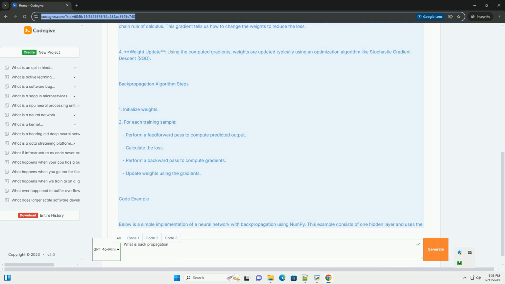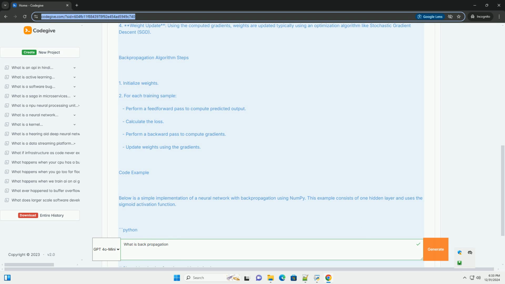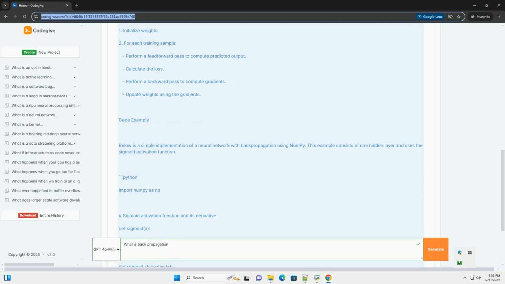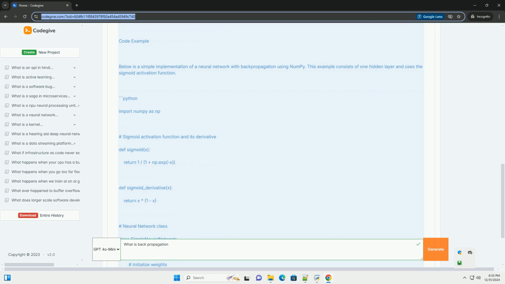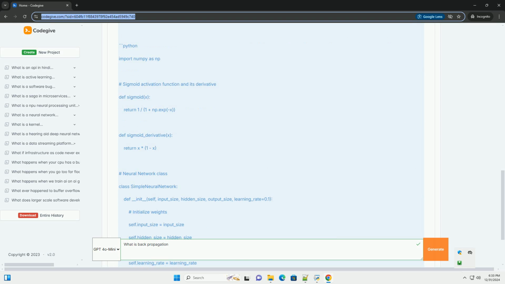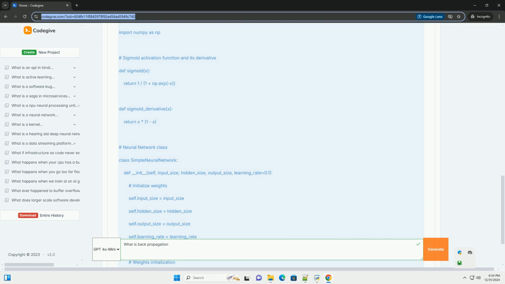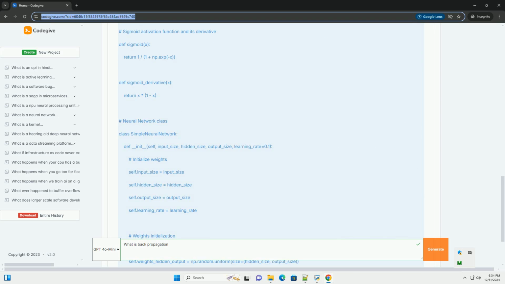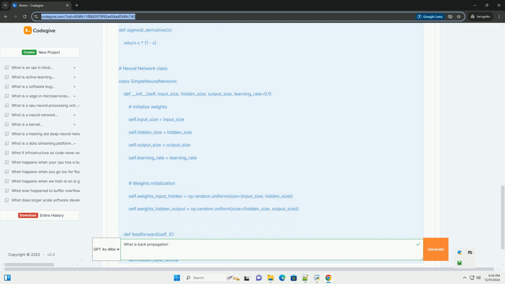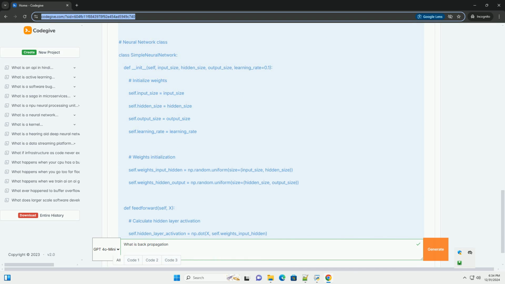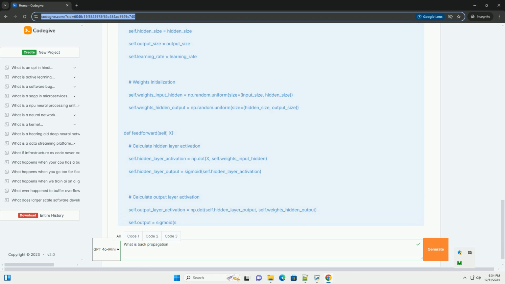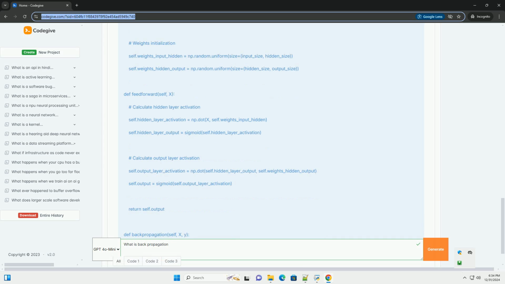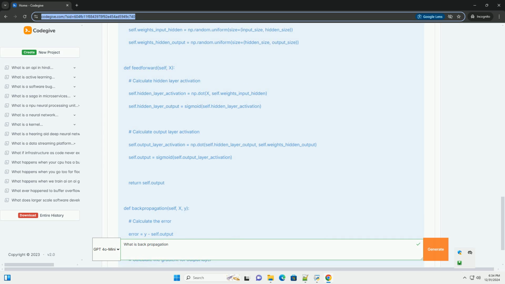Key concepts of backpropagation. 1. Feed-forward pass. In this step, input data is passed through the neural network to obtain predictions. Each neuron applies a linear transformation followed by a nonlinear activation function. 2. Loss calculation. After obtaining predictions, the loss, or error, is calculated using a loss function, for example mean squared error,